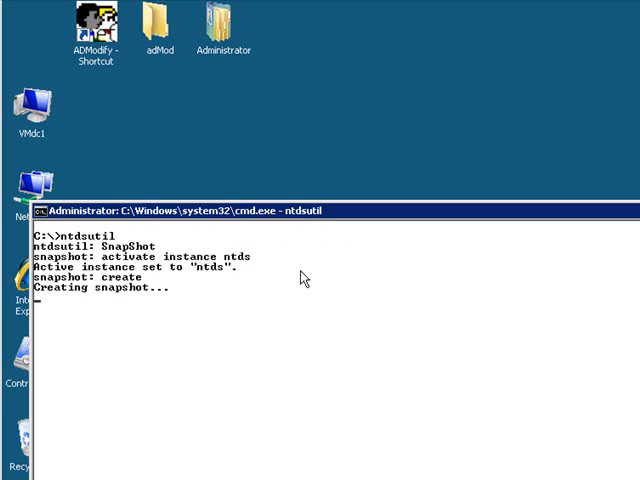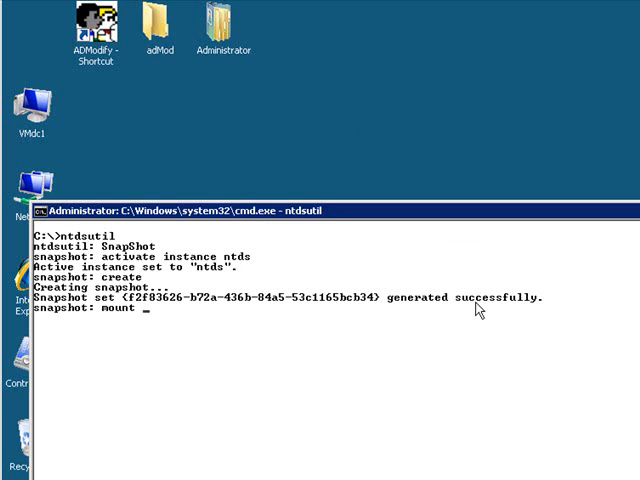What's happening in the background right now, VSS is taking a snapshot of the root directory, which essentially is, as we all know, that the database is sitting in an NTDS folder on the root Windows directory. Here you go. The snapshot is finished, and that's right there, my GUID. What I'd like to do right now is say mount, and let me show you another cool